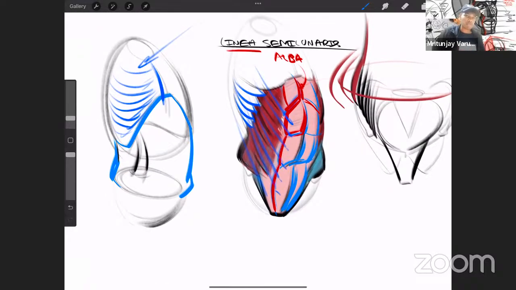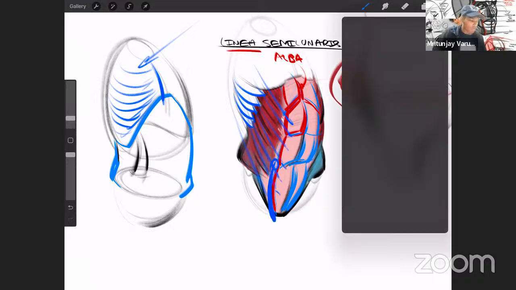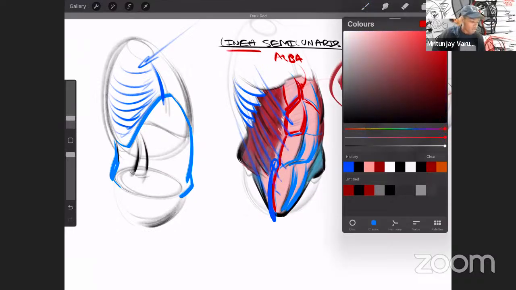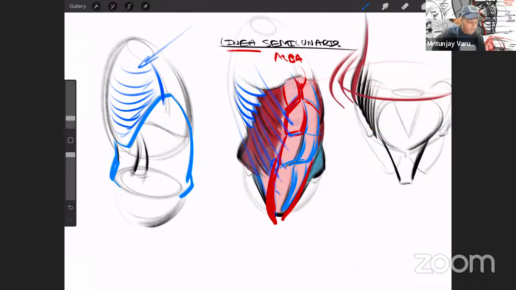The external oblique muscles go like, you can see right here, and this is attached onto the pelvis. So they're coming from the rib cage and attaching to the pelvis, all the way to the sides of the abdomen muscles. So you see all the way on the sides of the rectus abdominis, which is your abs basically. And then this part of the oblique is attached to the pelvis.